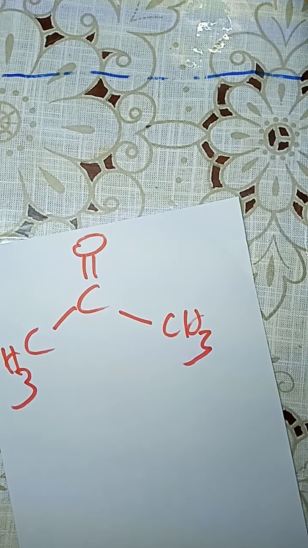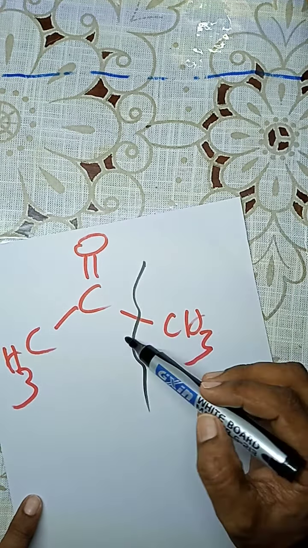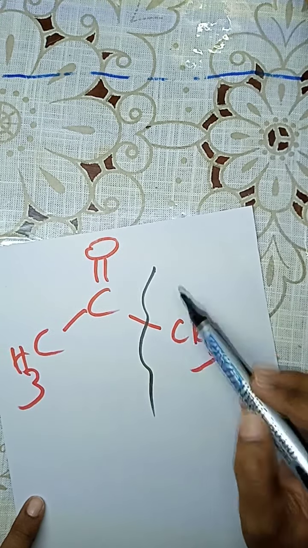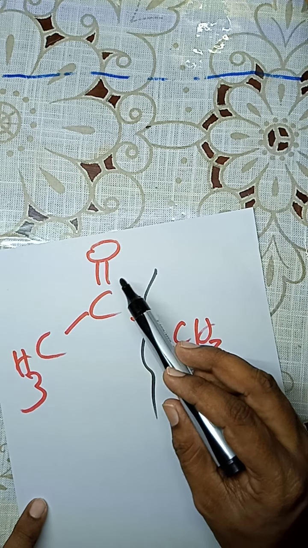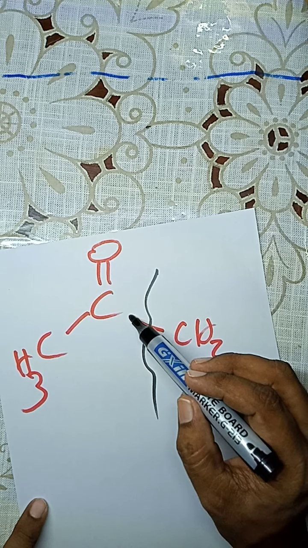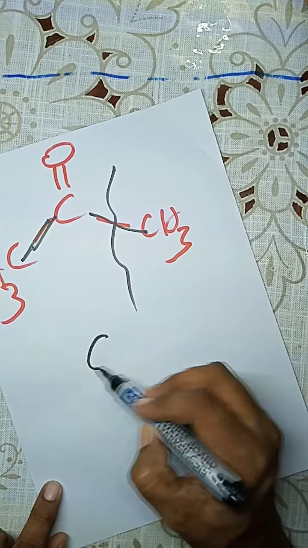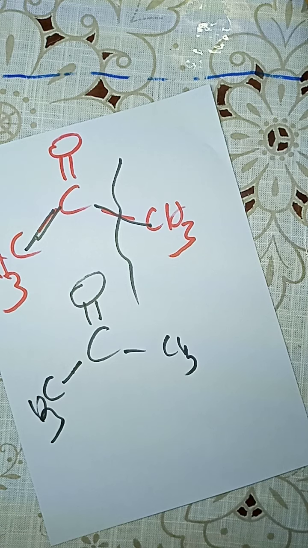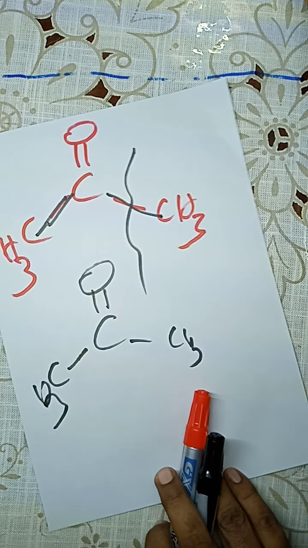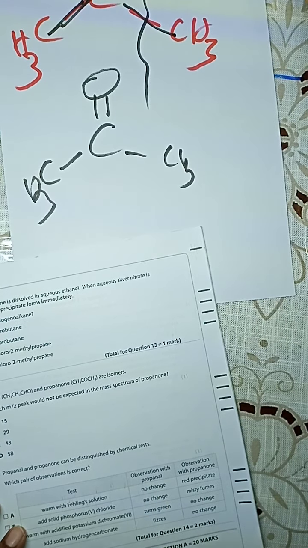If you do research at the research level, you will understand that it can undergo further oxidation if acidified potassium permanganate, a strong oxidizing agent, is added. But for the moment you should accept that ketones resist further oxidation. Normally, in general, ketones resist further oxidation, but aldehydes can undergo further oxidation to carboxylic acid,